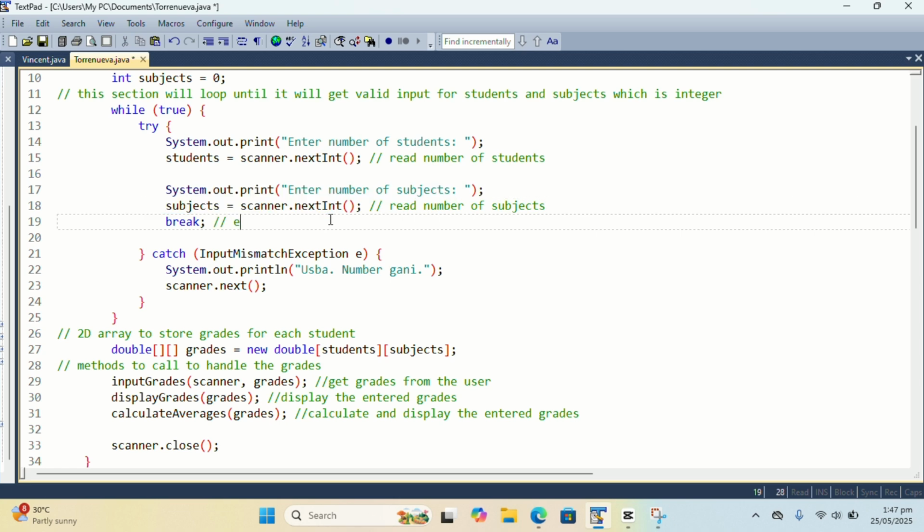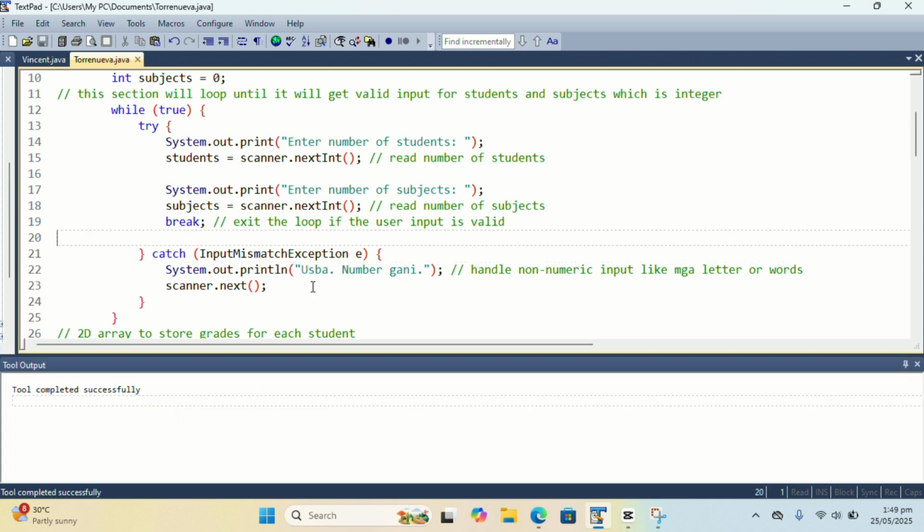The break keyword is used to exit the loop if the user input is an integer, which is valid. This section will execute if the user input is mismatched, like inputting characters or letters.